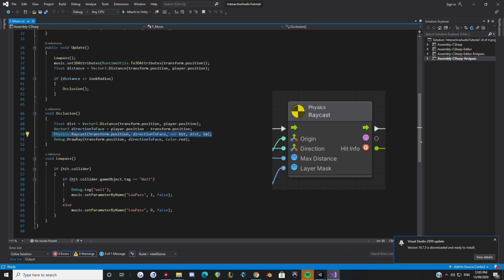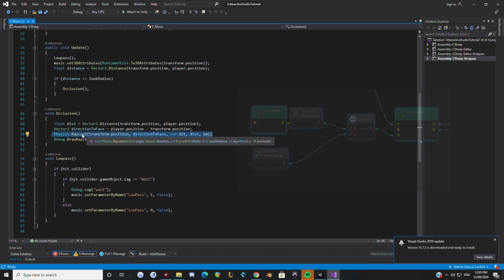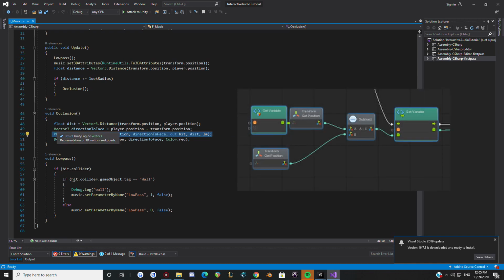So here, it's asking for a Vector3 origin, so that's the position of the object, and then the direction. Here we've done the same as we did in Bolt. We got a Vector3, so we got the player position, and then we minus the object's position. That gave us a Vector3, which we then inputted into this part of the raycast, which is the direction. Then we've got the hit info, which is here,